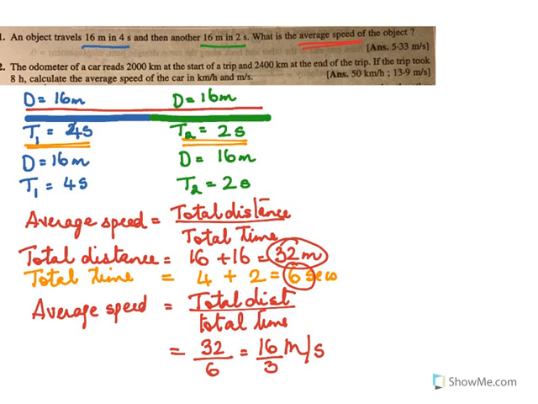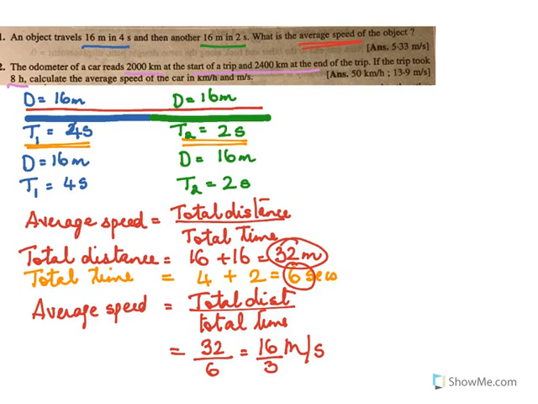Now for the second sum: the odometer of a car reached 2000 kilometers at the start of the trip and 2400 kilometers at the end of the trip. If the trip took 8 hours, calculate the average speed of the car in kilometer per hour and meter per second. So for the distance traveled, an odometer is an instrument which is fixed in the car where you can measure the